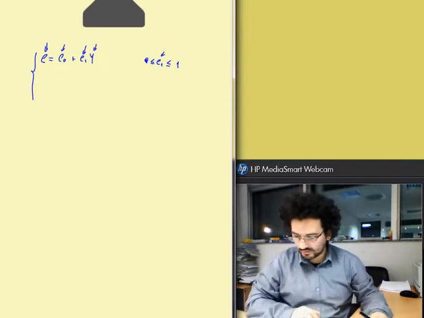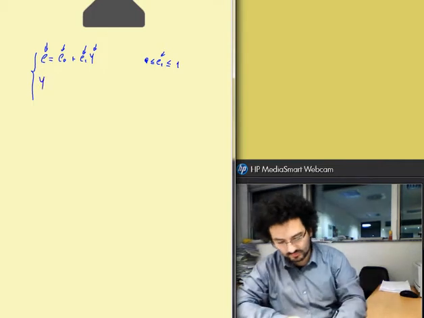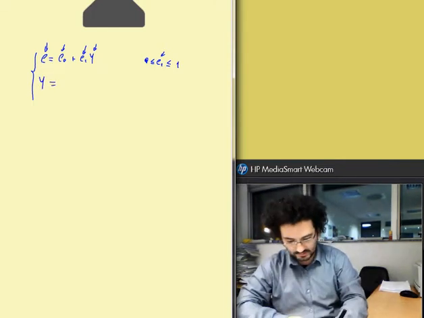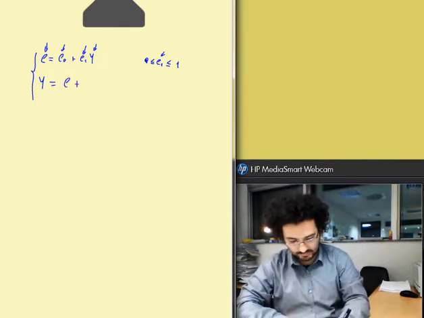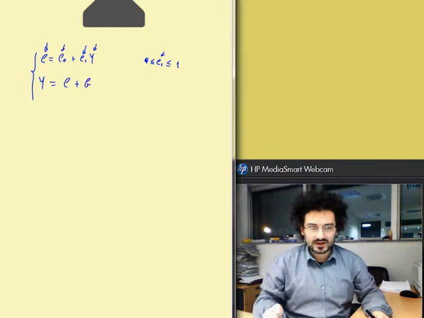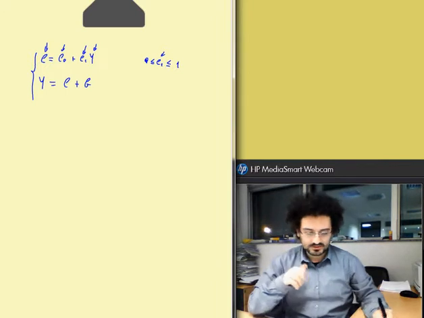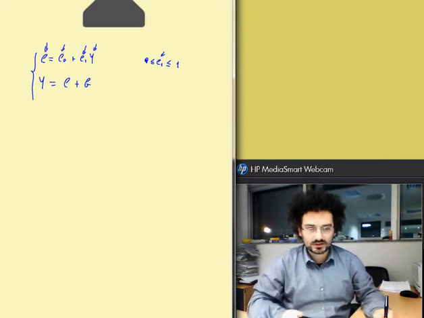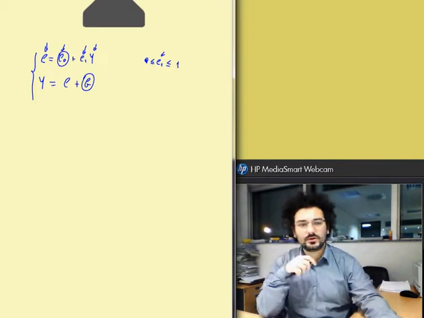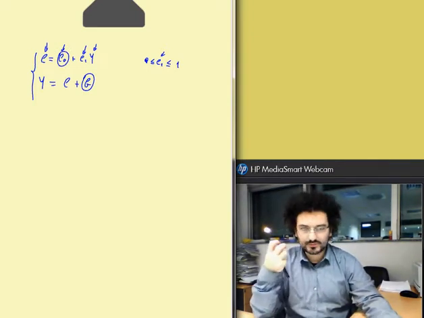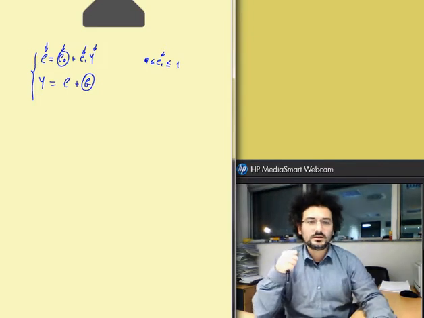The second equation of our model is the equilibrium equation, in which the income produced in this economy in equilibrium must be equal to the aggregate demand, which in this very simple model is given by the consumption plus the government expenditure G. Now in this model we have two endogenous variables, which are consumption and income, and we have two exogenous variables, which are the government expenditure and C0, which represents all variables affecting consumption other than